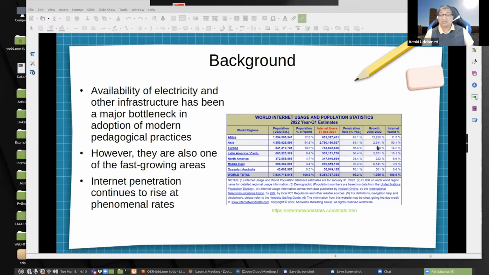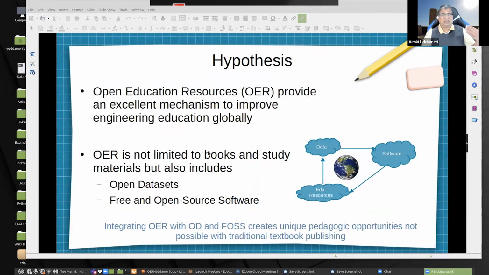And in Asia, that was about 2005, close to 2,500%. So you can see that the fastest growing areas in terms of internet penetration are Africa and Asia. And I've been to many places in Africa and Asia, and what you see is that you will have internet on your cell phone. You may not have power most of the time, but your internet tends to be fairly reliable. So that's certainly something that needs to be exploited if we were to think about providing access to educational resources